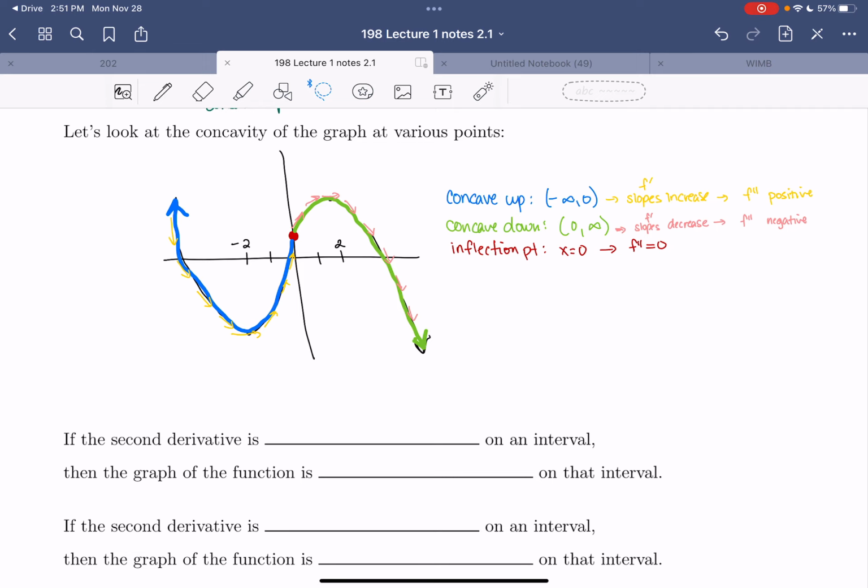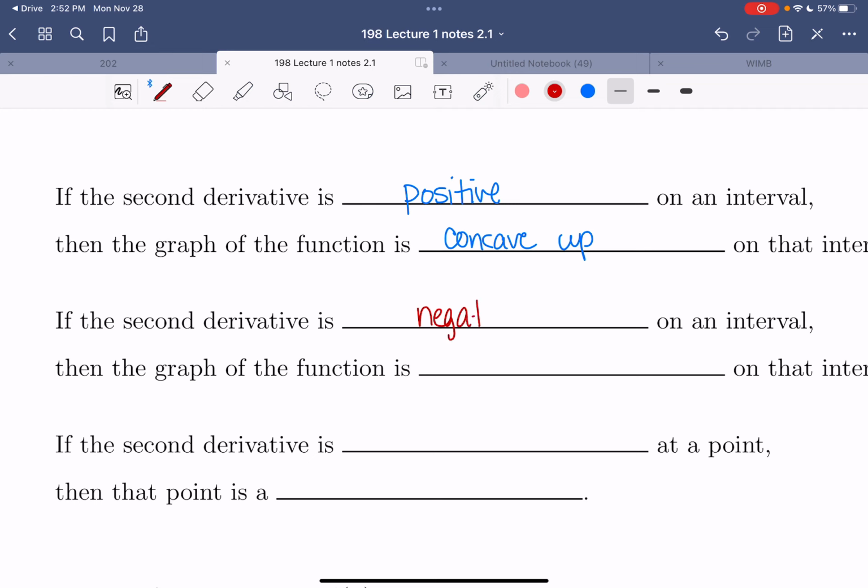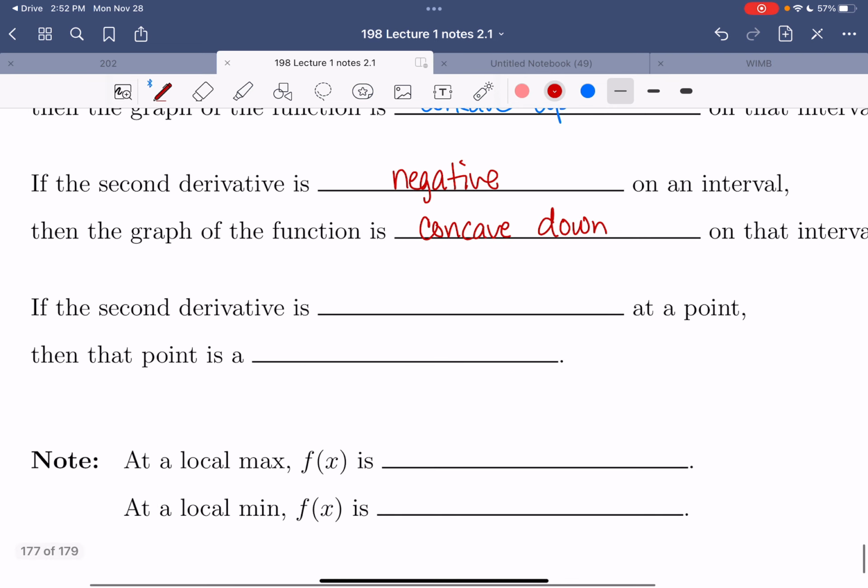Okay, and that allows us to fill in these things. So if the second derivative is positive on an interval, then the graph of the function is going to be concave up. If the second derivative is negative, then the graph of the function is concave down. And if the second derivative